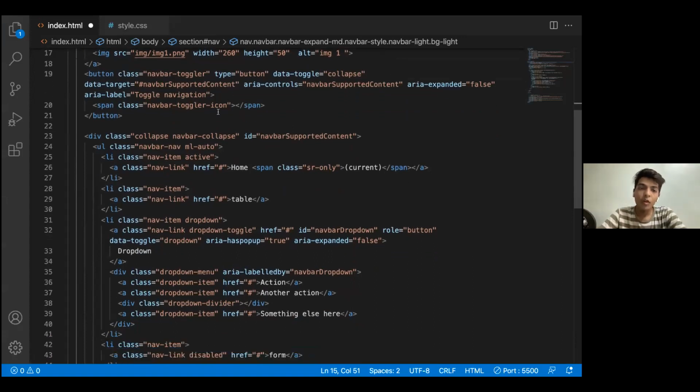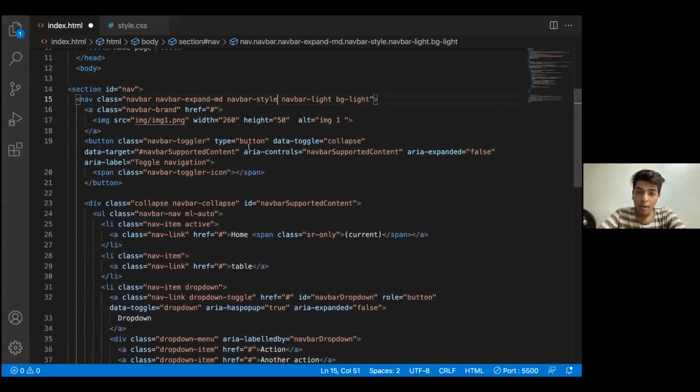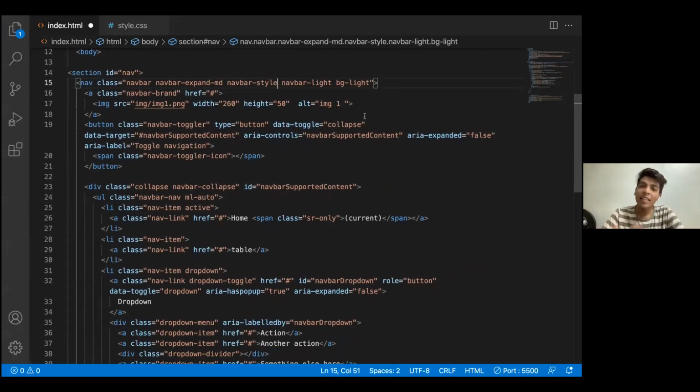So the first part that we'll be styling is the links, the tab, the dropdown and the form as well. Everything that we need to style, we'll give a class and a name. The classes are already given to us by Bootstrap. The nav-item class, the nav-link class, everything is provided to us by Bootstrap. We'll just go through it quickly, and then we start styling.